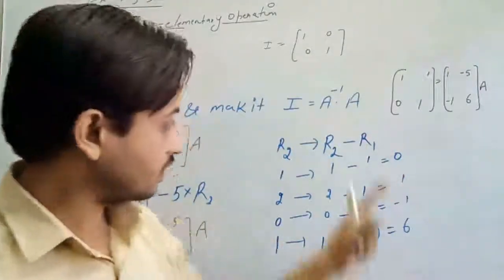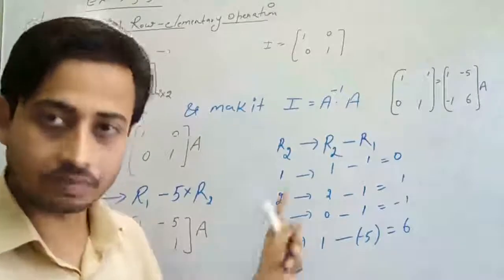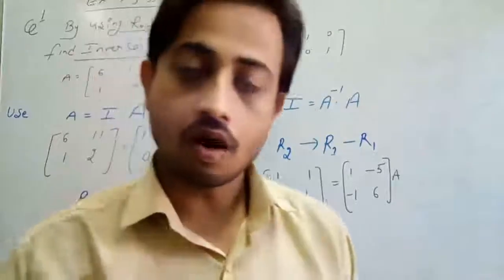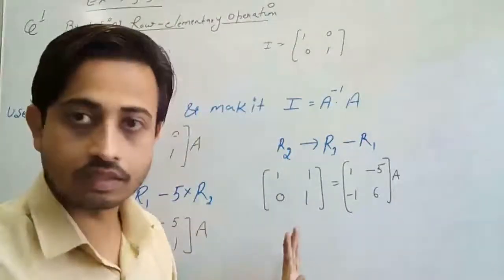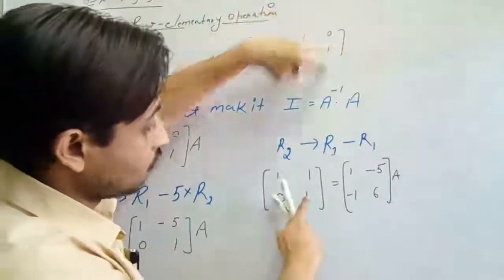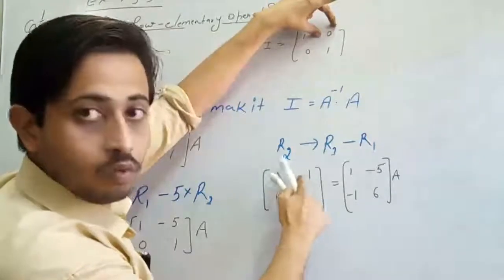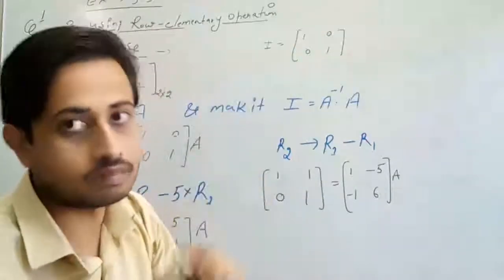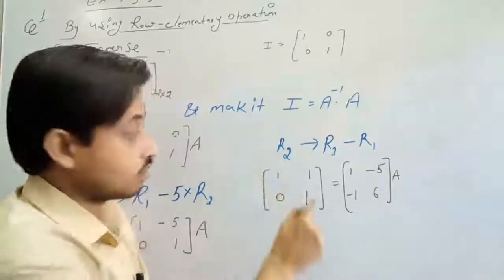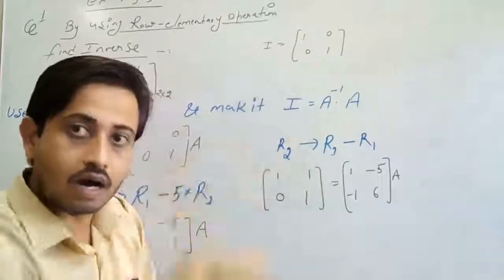Again, please make a note, because I am going to rub this portion again. Now our next step: we got this matrix. Now again compare: 1, 1, 0, 0, 1, 1. But in this place we have to get 0, but here is 1. Then how will we get 0? By subtracting 1 minus 1. You cannot do column subtraction here, because that operation becomes a column operation. We have to apply row operations.